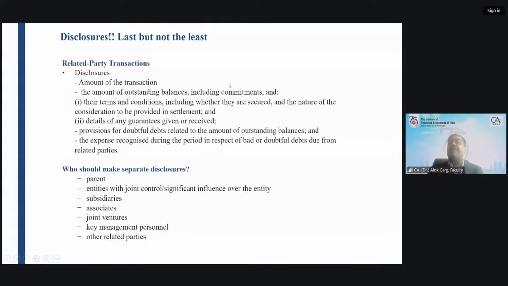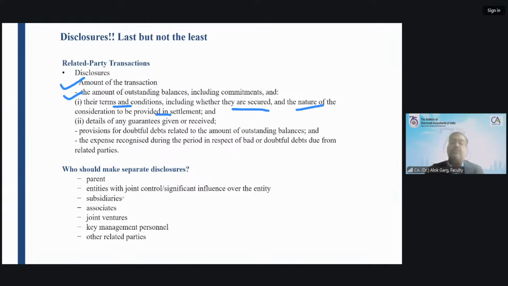Related party transactions: what disclosures are required? Amount of the transaction. The amount of outstanding balances, including commitments, and their terms and conditions, including whether they are secured, and the nature of the consideration to be provided in settlement. That means, including commitments, what are the terms and conditions, secured or unsecured, details of any guarantee given or received for the related party, provision for doubtful debts. If a company has created any provision for doubtful debts on the related party balances, those are also required